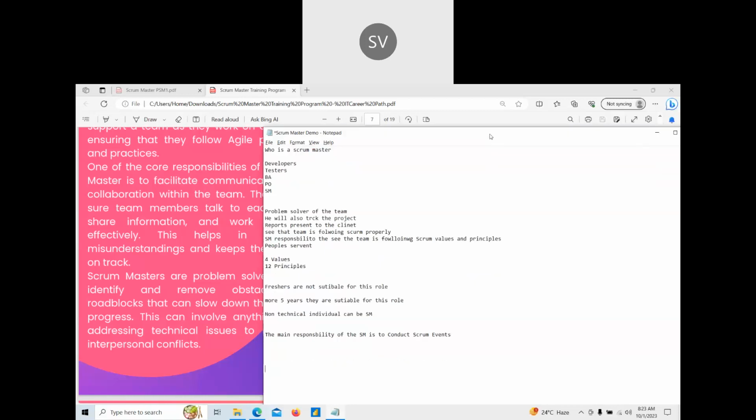Daily stand-up, product backlog grooming, sprint planning, sprint review, and sprint retrospective. It is the Scrum Master's responsibility to conduct all these Scrum events within the team. So this is the main responsibility of the Scrum Master.